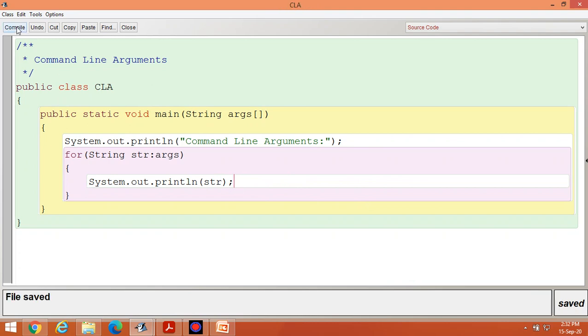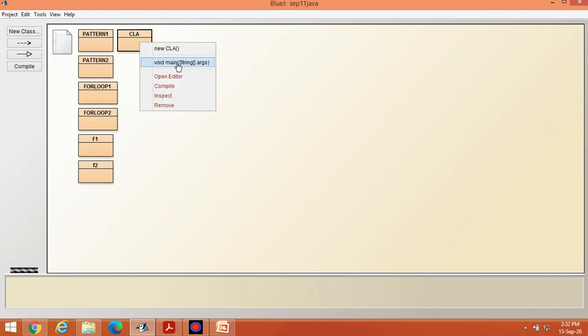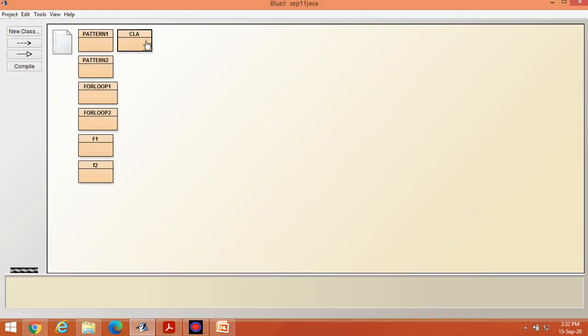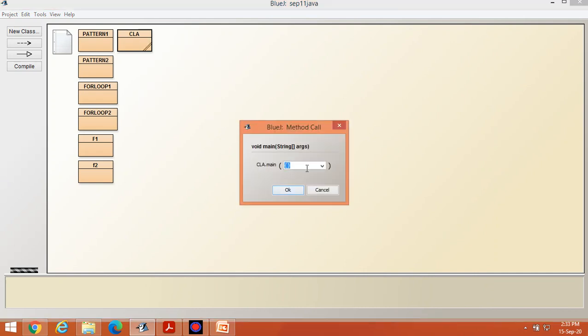Suppose I execute the program. CLA void main command line arguments. There is nothing inside this program. Now to see the output, right click void main and pass the arguments inside the bracket.